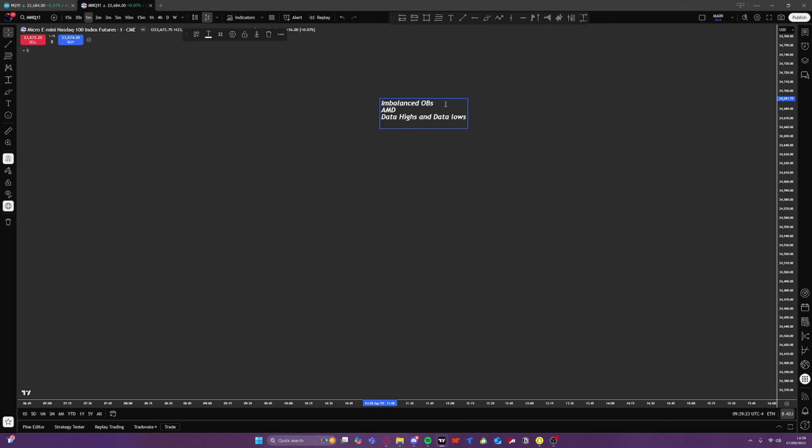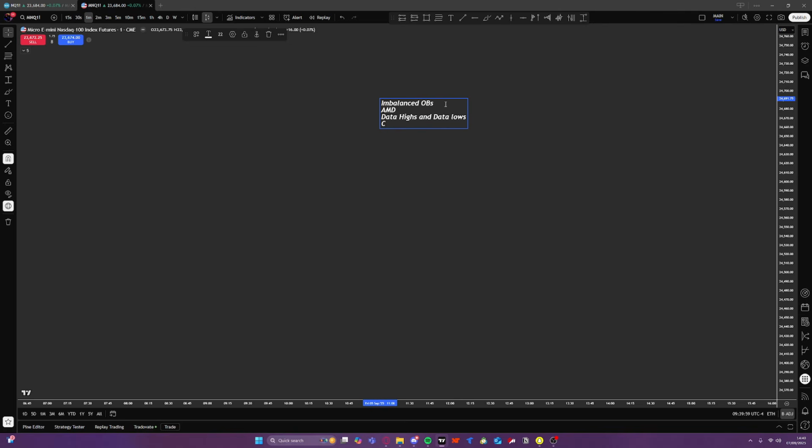All data highs means is, let's say we have big news like NFP, CPI, PPI, the candle made from the news. The higher wick of the candle would be the data high, and the lower wick, as in the bottom of the candle, will be the data low. So really that simple. And this picture up here will show how to take it. Anyways,